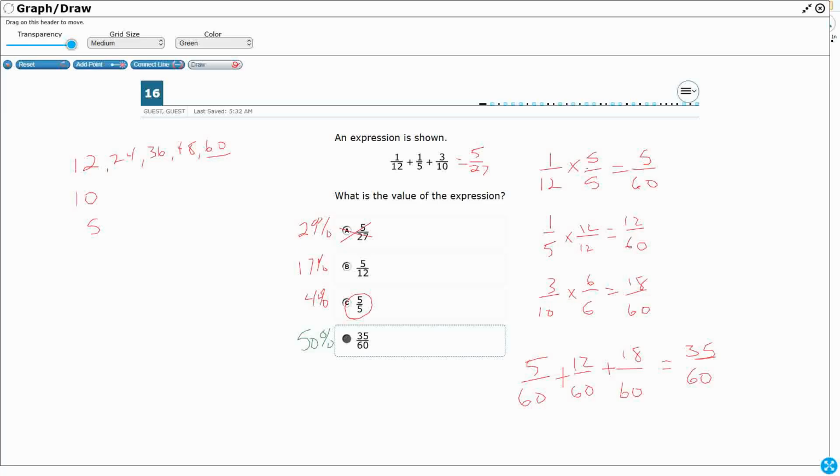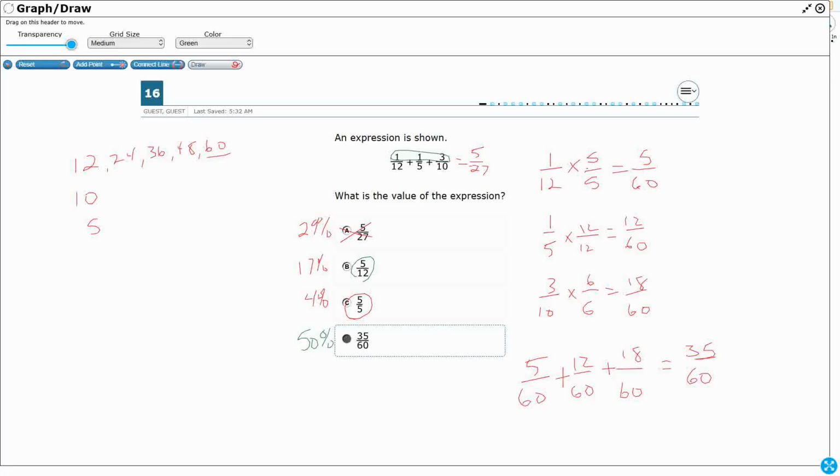And B, right, we just added the numerators. 1 plus 1 plus 3 makes 5. And then the largest listed denominator is 12. Same thing with C. 1 plus 1 plus 3 makes 5. And then the smallest denominator. And then obviously our correct answer there was going to be D,